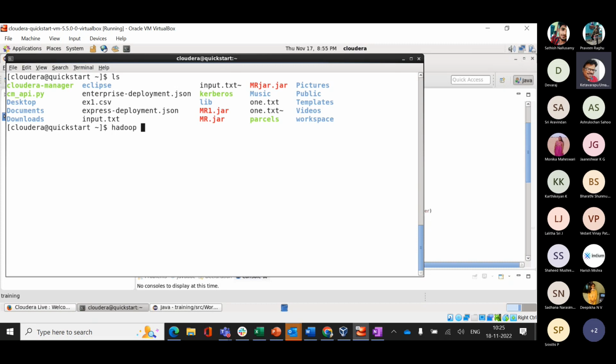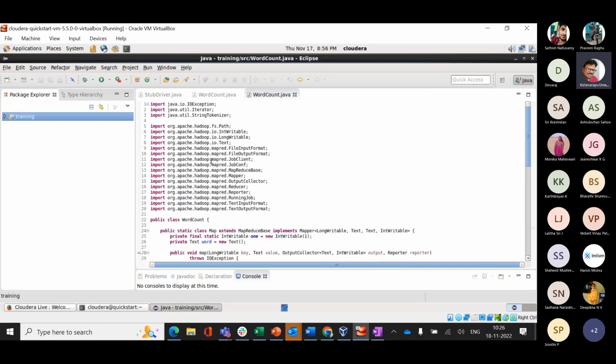So what we'll do is hadoop jar. The jar file name is mr.jar. Now we need to take the package name dot class name as per the analogy. So we'll go to the Eclipse. Here, there is no package name. Directly, within this src, within the default package only, we are adding the word